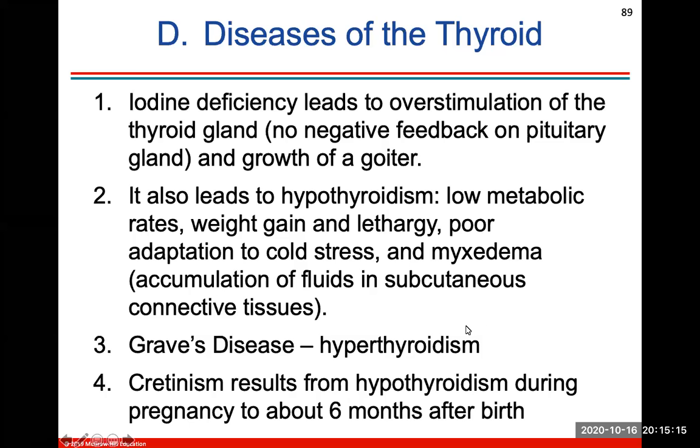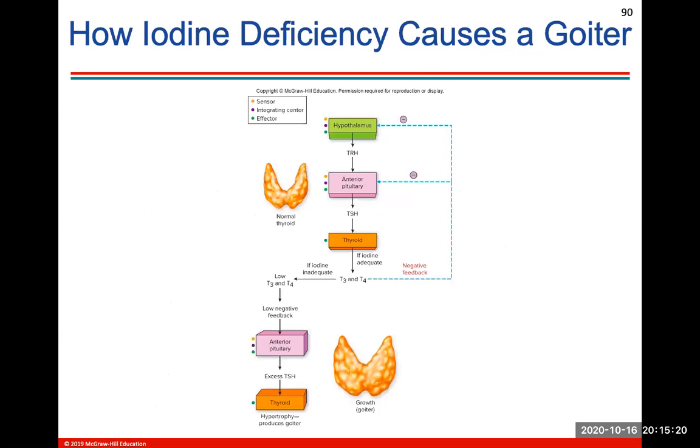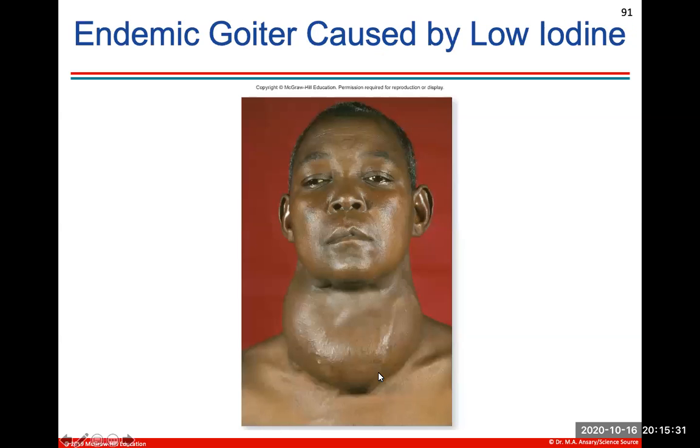Graves' disease is hyperthyroidism, where there are too many thyroid hormones. And this takes you through the negative feedback loop, how iodine deficiency will cause a goiter. Basically, the growth of the goiter is found around the thyroid gland itself, and this is showing an endemic goiter caused by low iodine, so a thyroid